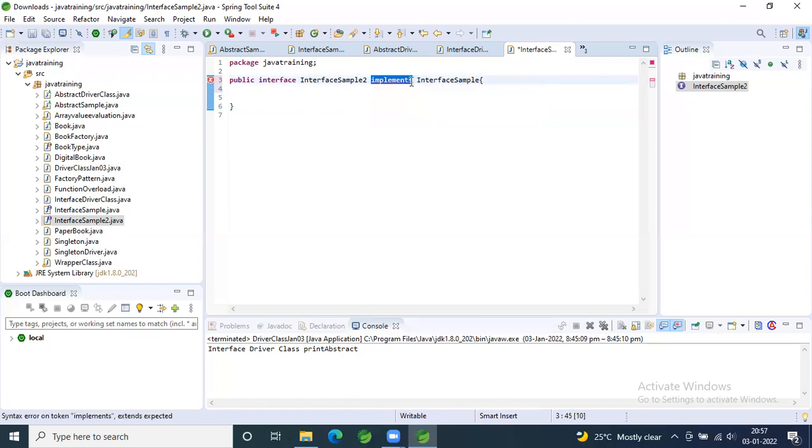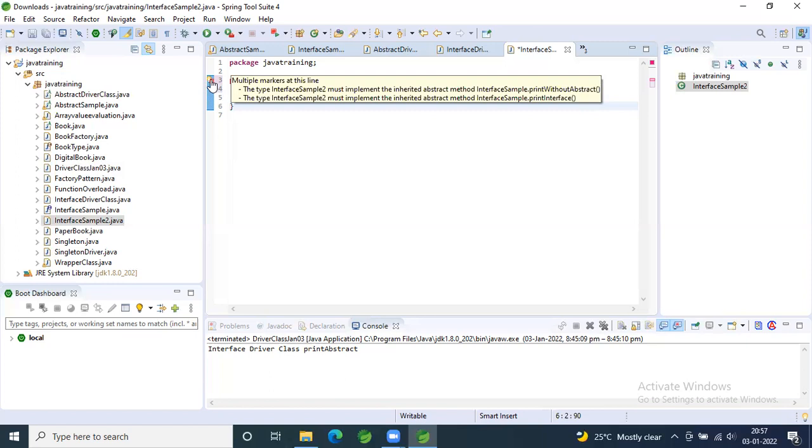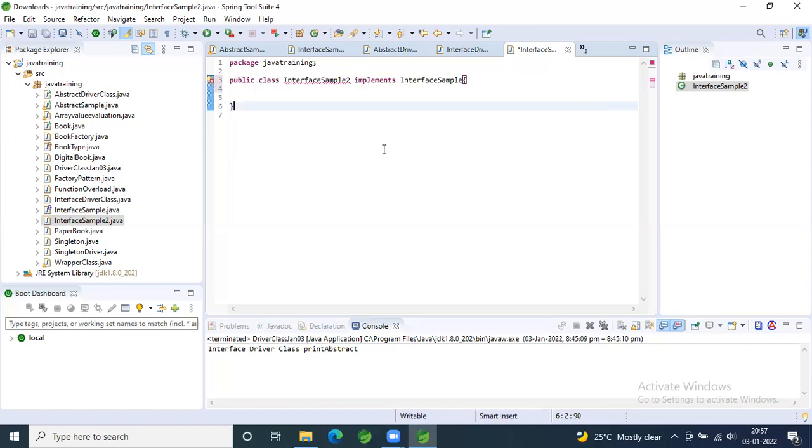If in the same case you had a class interface sample 2, just rename that interface to class. In line number 3, rename that interface to class. So if you're having a class and you're trying to implement this, you're able to go ahead. Because you just didn't override, you are getting the error. But apart from that, you're able to progress on it.